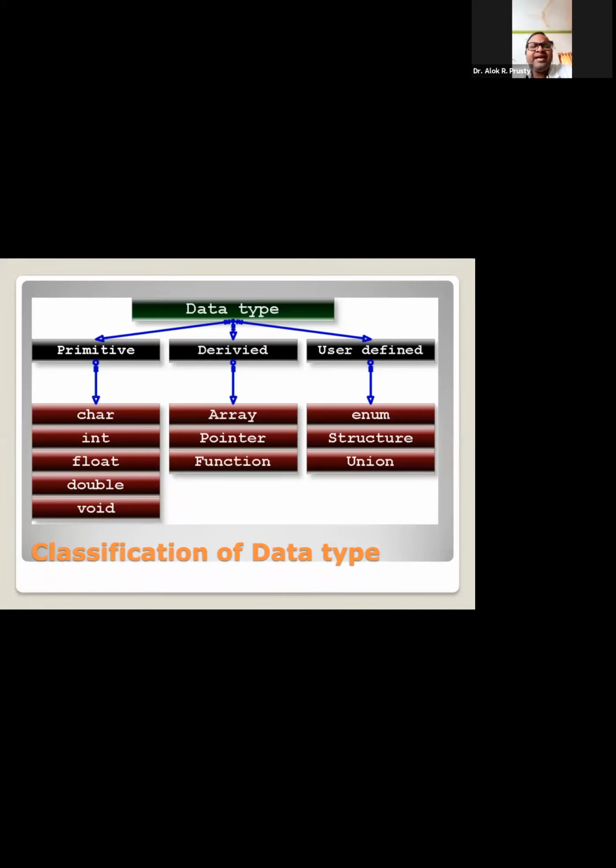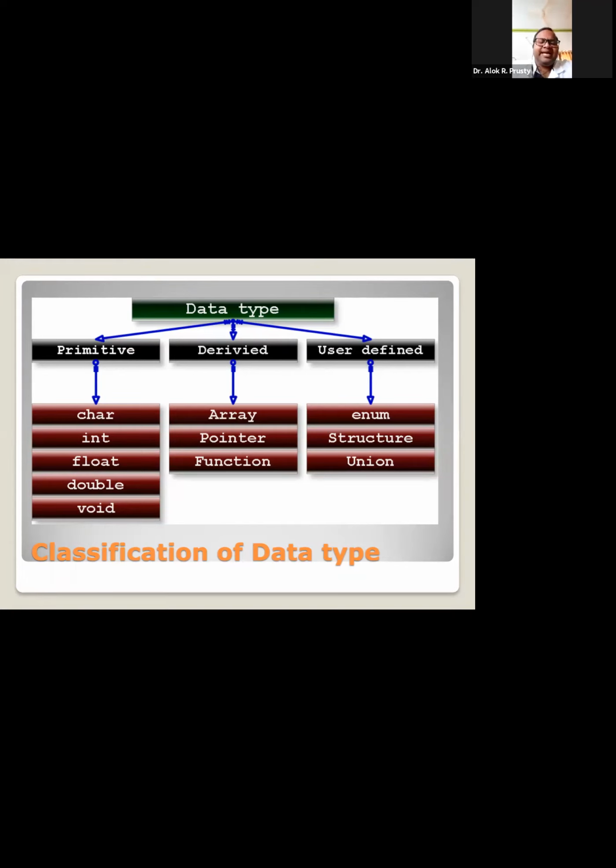Now, user defined data type means what? As the name says, user defined means the data type which is being defined by the user. As I said, a data type signifies what kind of data is to be stored in the memory, how the data will be stored, and how many data items will be stored. If all these things are defined by the user during program writing, then we cannot go with the primitive and derived data types, but rather we go with the user defined data type.